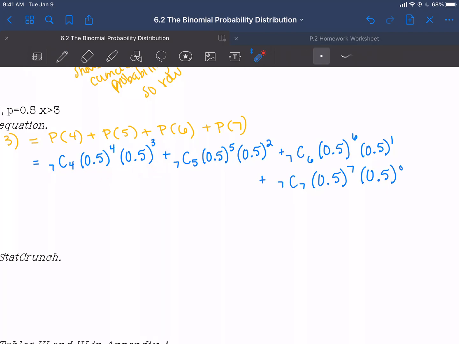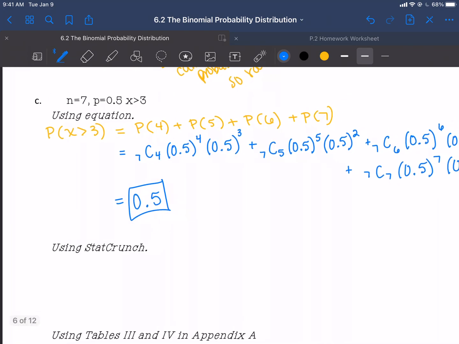So my first one represents the probability that it's 4. Second one is the probability that it's 5. Third one is the probability that it's 6. Last one is the probability that it is equal to 7. And if you type that all in, you would get 0.5. So looking at that in StatCrunch,